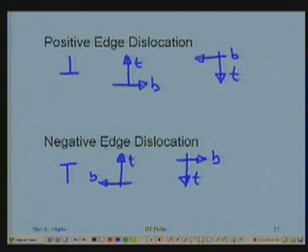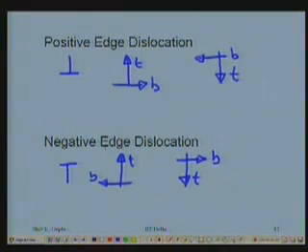And this is, as I said, the Burgers vector is an important characteristic of a dislocation line. Particularly in an edge dislocation line, the Burgers vector is at 90 degrees to the dislocation line. 270 is also 90, perpendicular. So the Burgers vector is perpendicular to the dislocation line. That's an important characteristic of the edge dislocation.